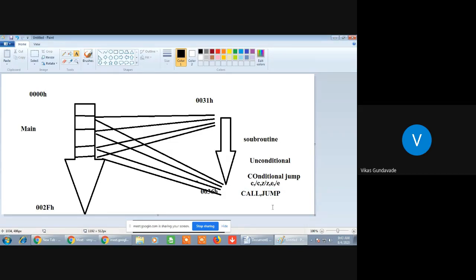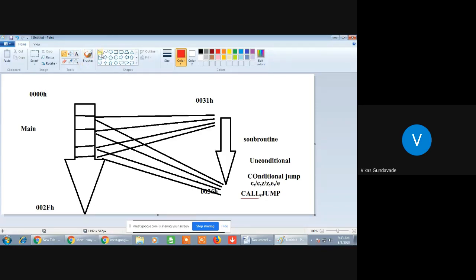Now, what is the meaning? If the program is written separately, that is, if the lines are written separately, then the call instruction is required.